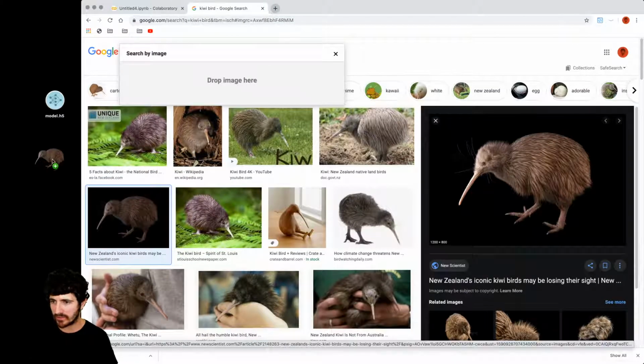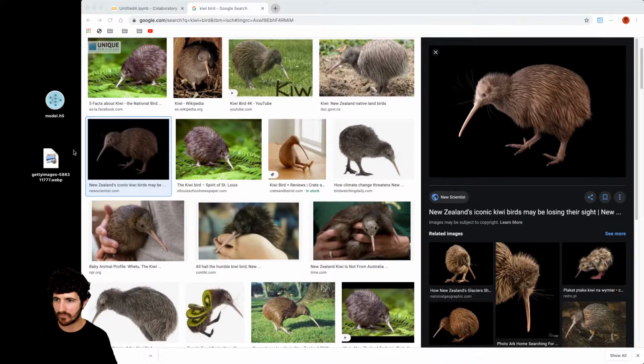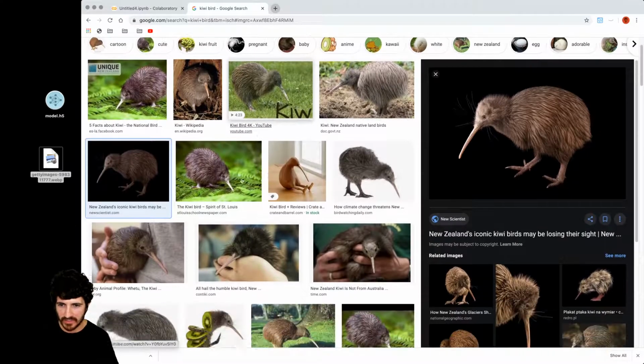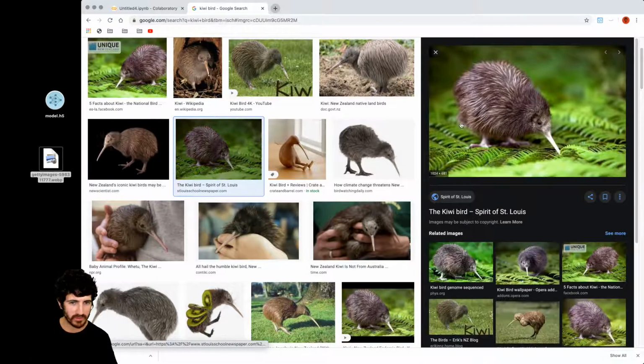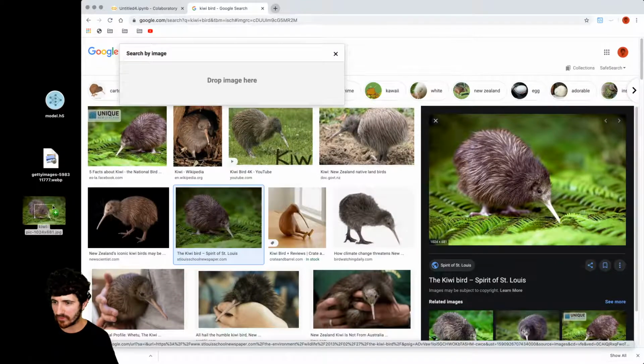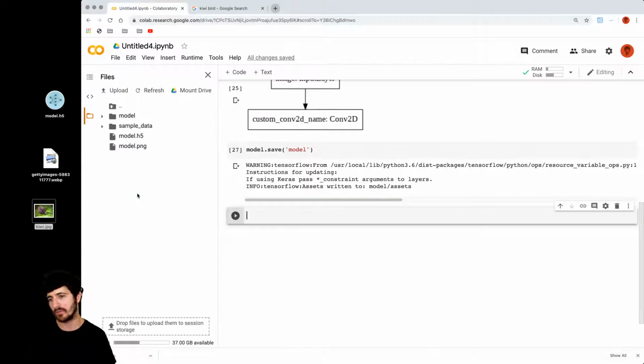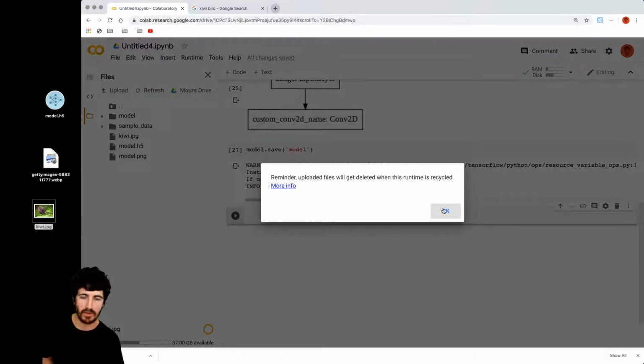Iconic New Zealand, iconic kiwi bird. Oh, it's a WebP. I just actually would like to get a JPEG to avoid file format issues. All right, we got an image there, so I'm gonna drag and drop here the kiwi.jpg image, and fair enough,